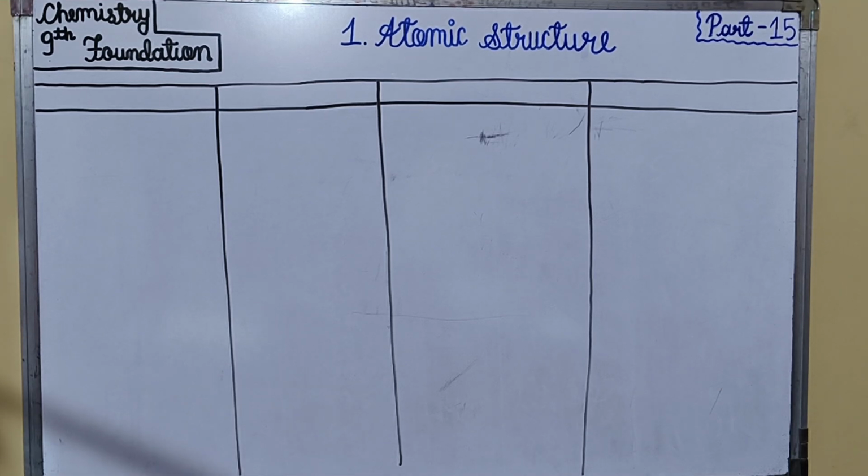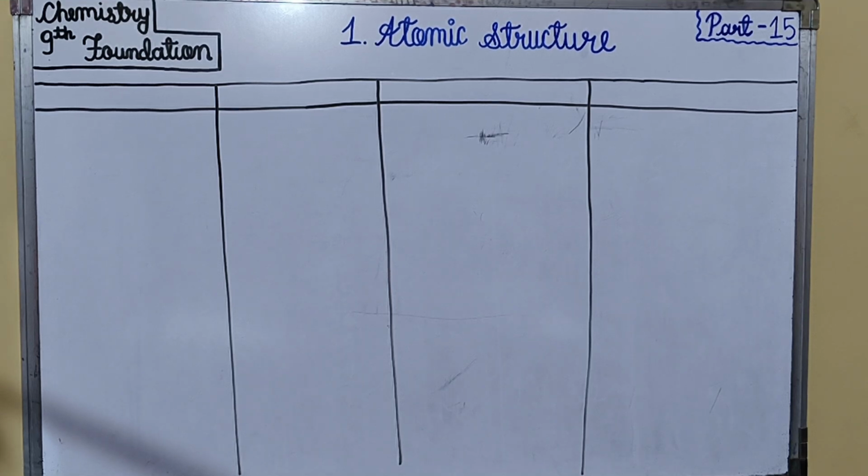Today we are going to learn class 9th chemistry, chapter number 1, atomic structure, and this is our part 15, which is the last part of this chapter. In this part we'll learn about isotopes, isobars, isotones and isoelectronic species. We'll learn the meaning and example of them and a short summary about scientists. So let's start with